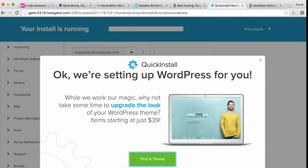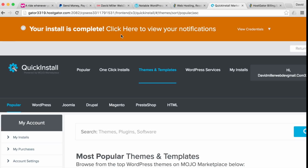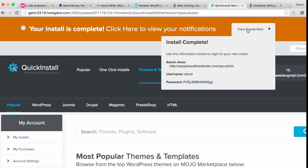And we're going to ignore this. You'll see on top it's running, it's actually installing, and once it's complete, it was very quick, it'll say your install is complete. So that's how you install WordPress, and you'll get credentials right here,